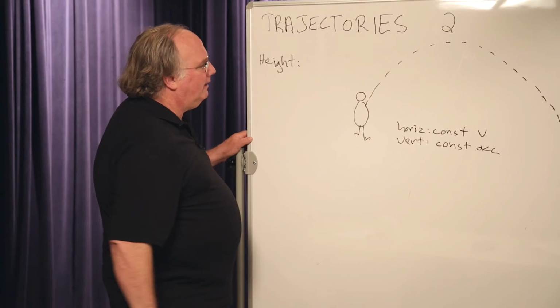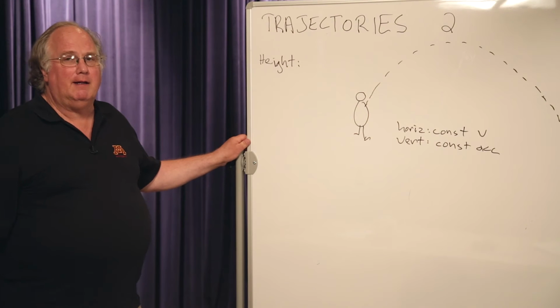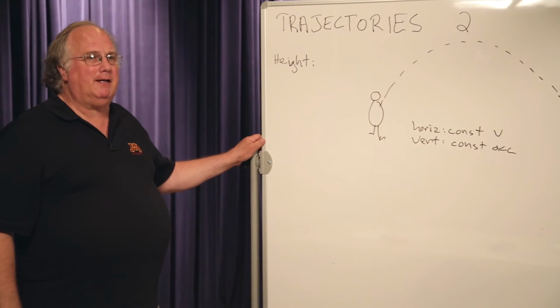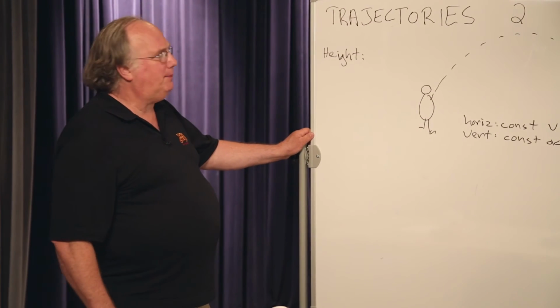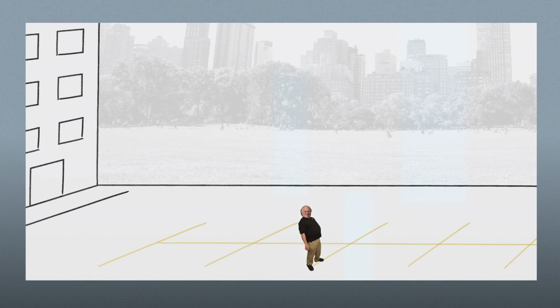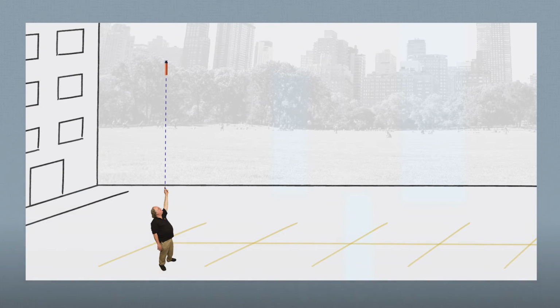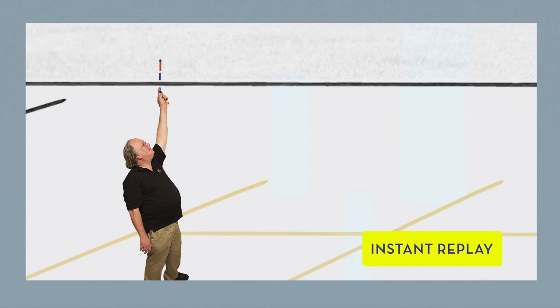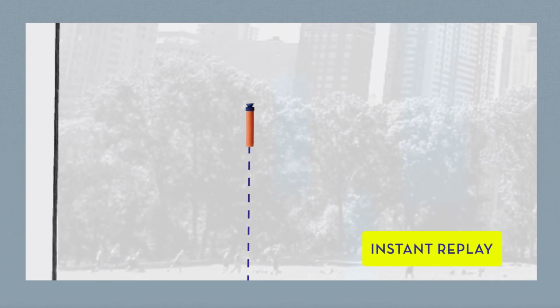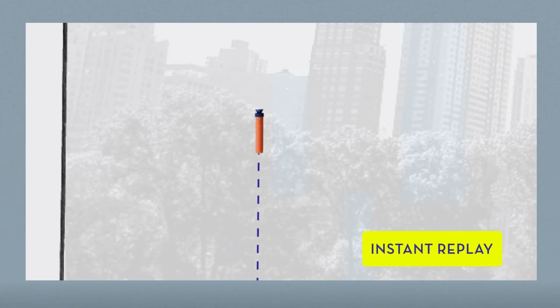To understand how to calculate the maximum height, it's nice to stop and think about this for a little bit. What happens is you shoot it straight up, and it goes up for a ways, and then it stops, and then it comes down. It's reached its maximum height when its vertical motion has all run out, and it's come down to zero.